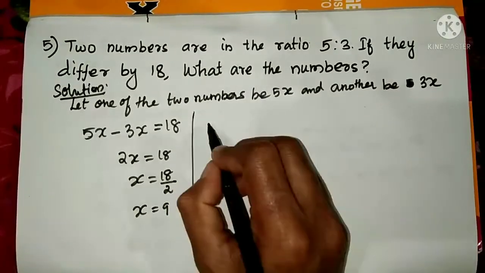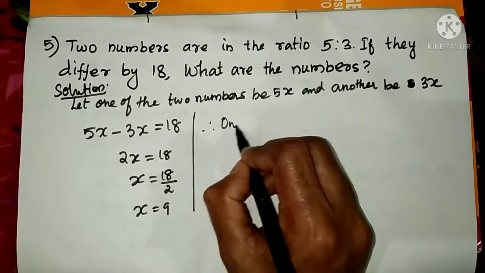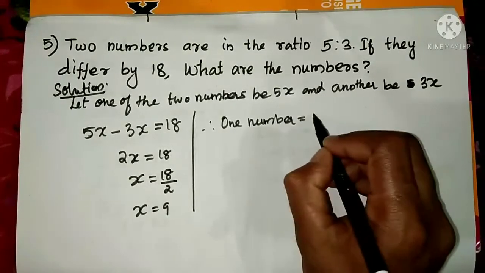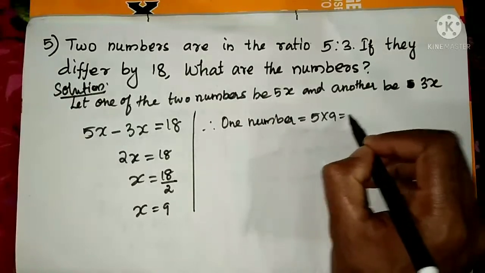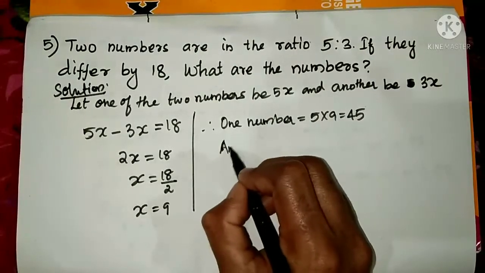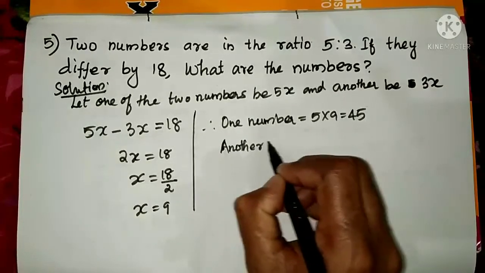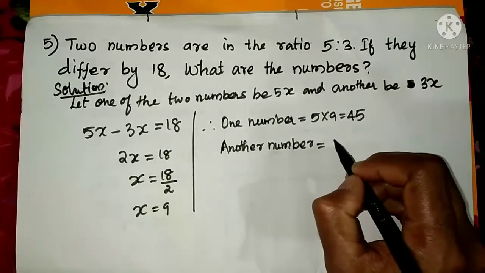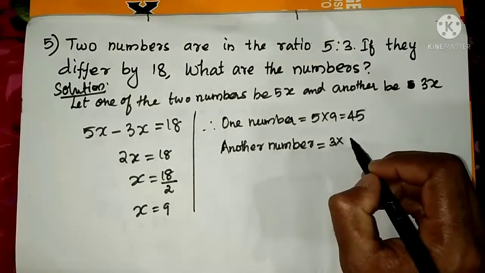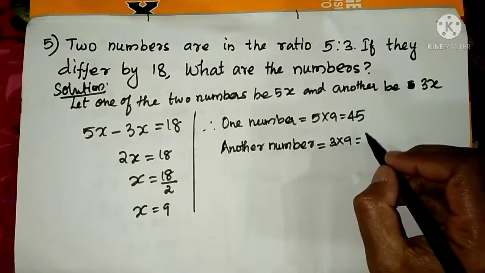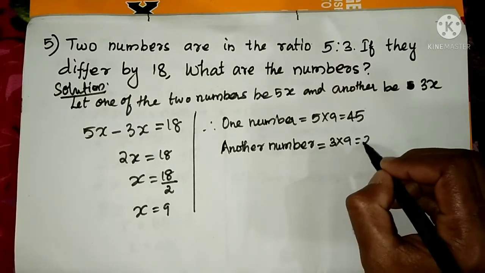So we can write, therefore, one number is equal to 5 into 9, that is equal to 45. Another number is equal to 3 into 9, that is